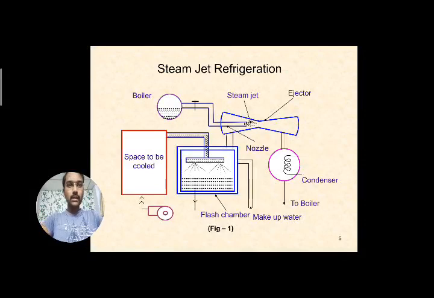And here you can see the animation of the steam jet refrigeration. After the boiler, whatever water is collected in the condenser, that hot water is sent back to the boiler. Here the steam is coming from the nozzle, and the water is coming to the spray headers. At the bottom you can see the cold water is pumped to the space to be cooled. And next, in the condenser, we are using a heat exchanger, with cold water through the pipe, and heat exchange takes place and steam is converted back to condensation water.